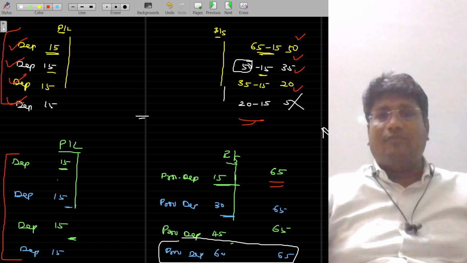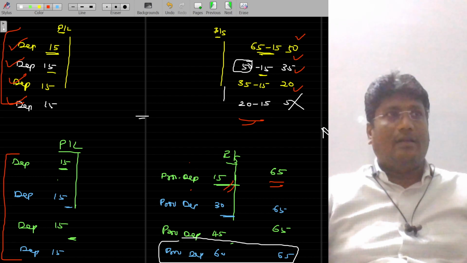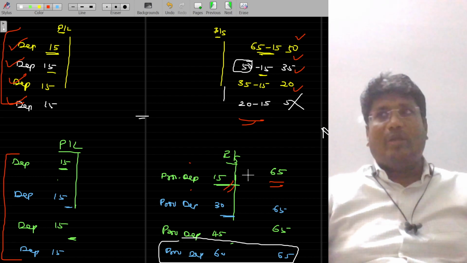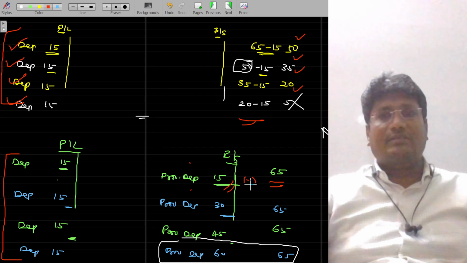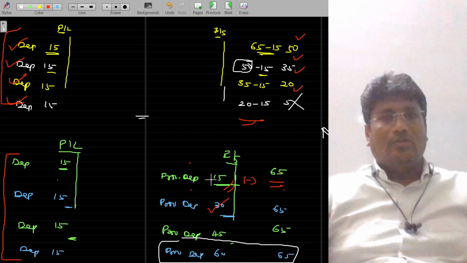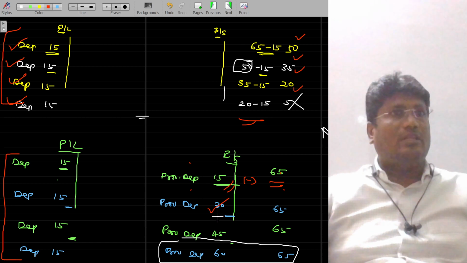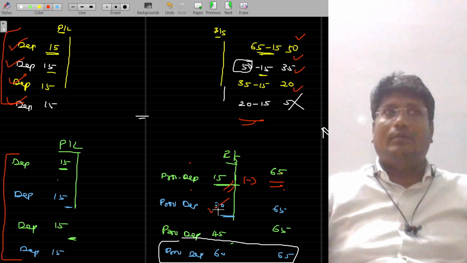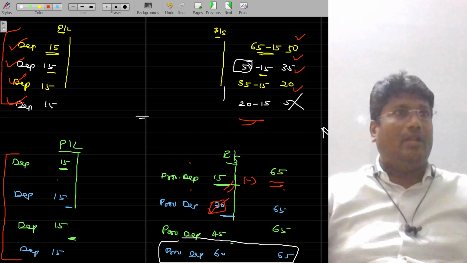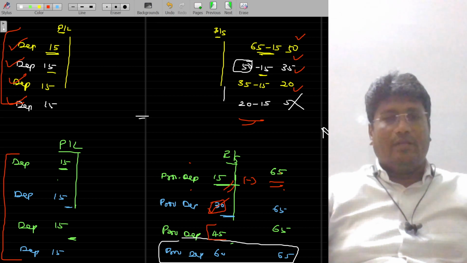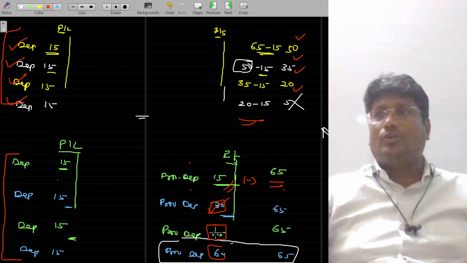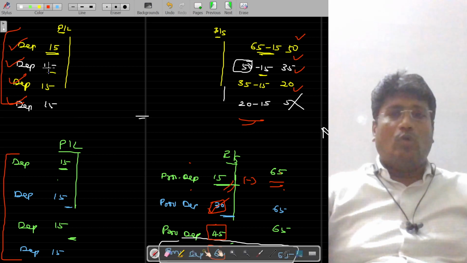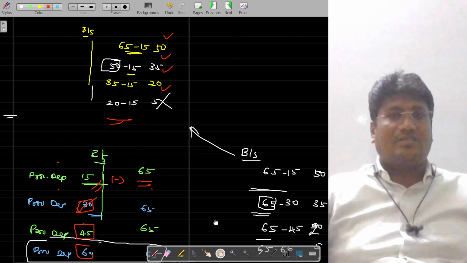Rather than subtracting it from the assets, we have accumulated it in the provision for depreciation, either on the liability side or it may be on the asset side itself by subtracting from the value. Okay, so in the second year, the provision for depreciation is nothing but the provision for depreciation for the first period and second period both put together. The third year is also the cumulative value and the last year is also a cumulative value. This is one way of showing. The other way of showing is,